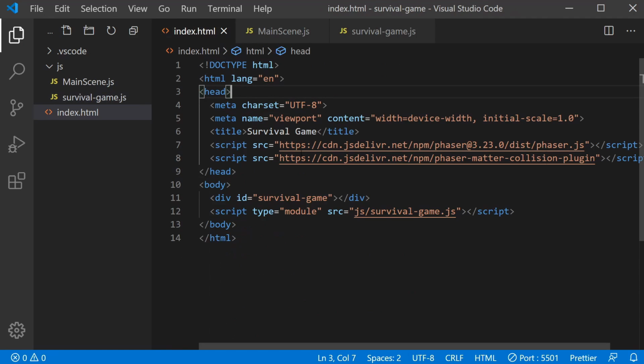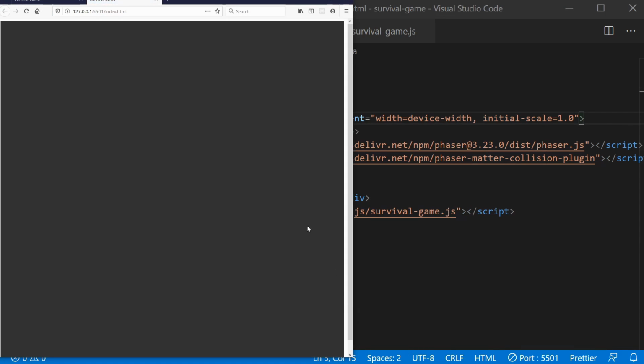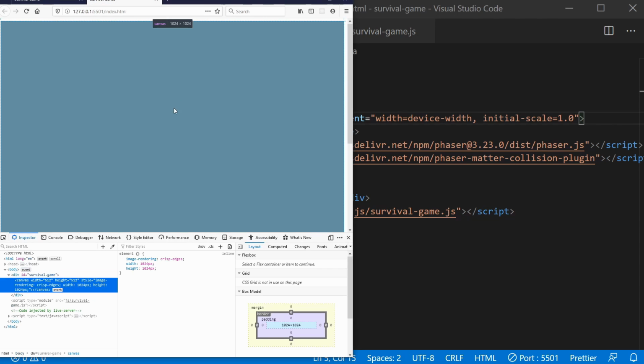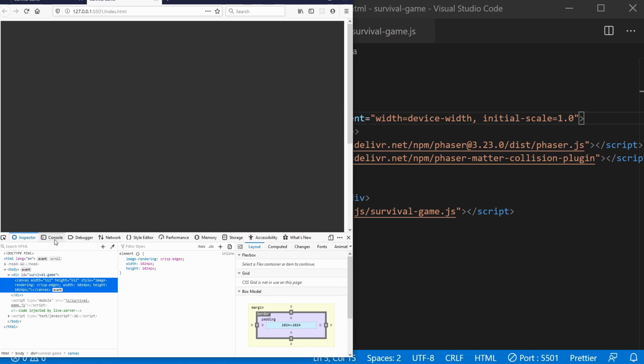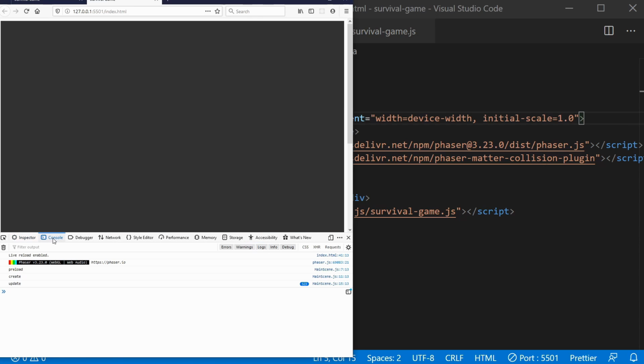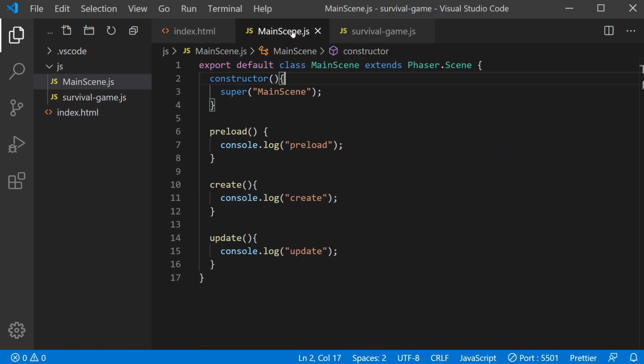And let's check that out. So that's good. We've still got our big grey canvas, and if we inspect element, and then click on the console tab down here, you see that preload's getting called, create's getting called, and update, you can see this ticking up here. So this is getting called 60 frames per second. So now we want to go back to main scene,